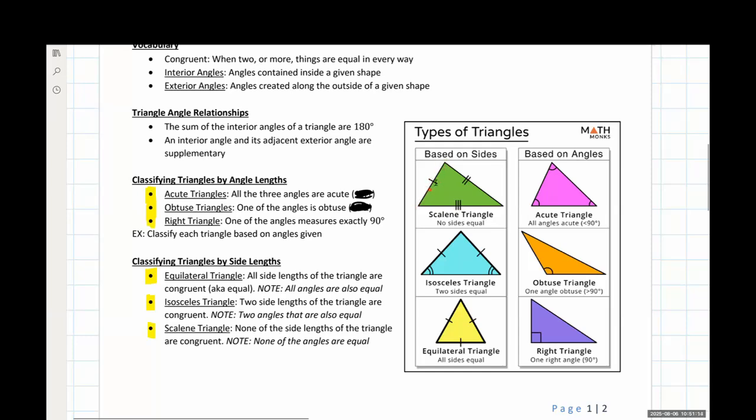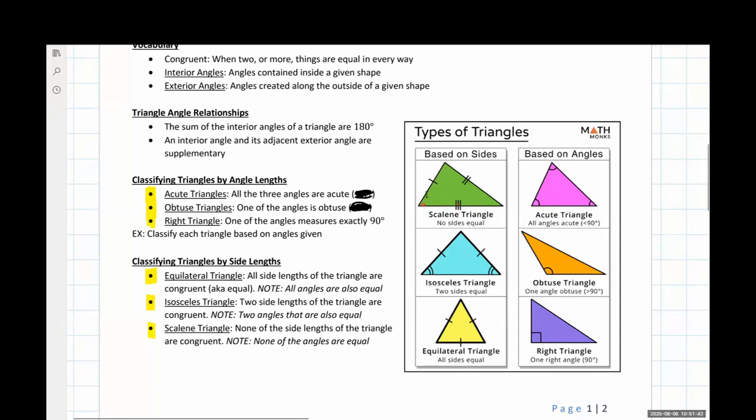But as we're seeing with the scalene triangle in this picture here, this side length has a single dash through it. This side length has two dashes through it, and this one has three dashes through it. So do any of them have the same number of dashes? No, they don't. So I don't know if any of them have the same value, and I don't know what those values are. So there's no congruency and no equivalency with any of the side lengths.